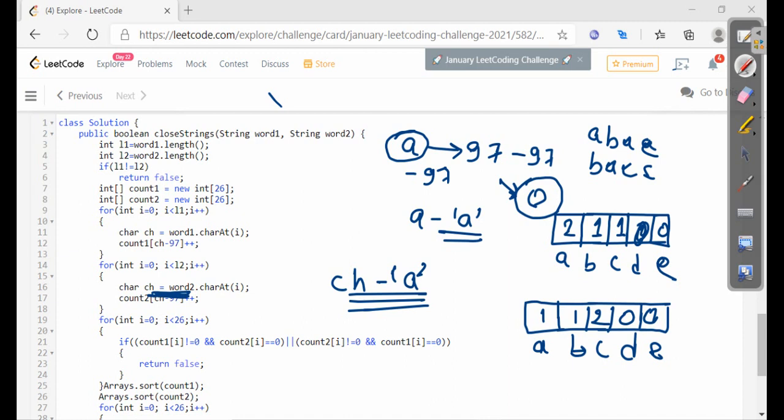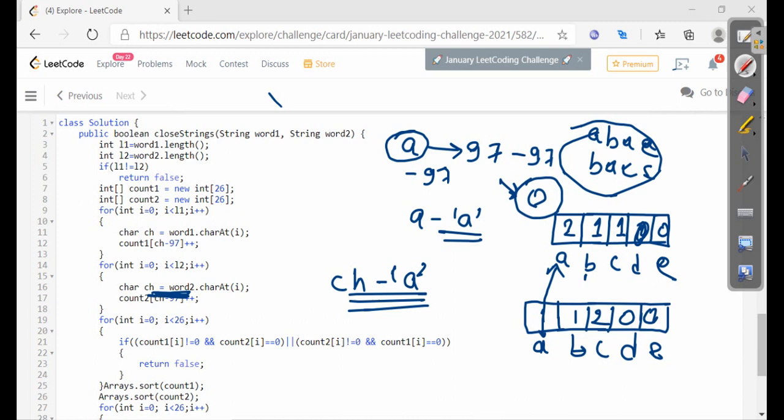So if there is 1, it means that character is present in the string at least once. So we are going to check whether A is present in both of these strings or not. See, the value of A is not 0 in both of them. B is also not 0 in both of them, C is also not 0 in both of them, but D is 0.